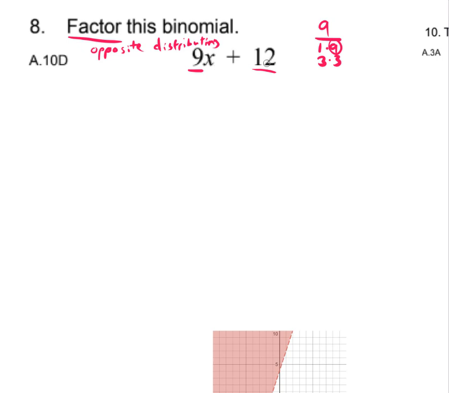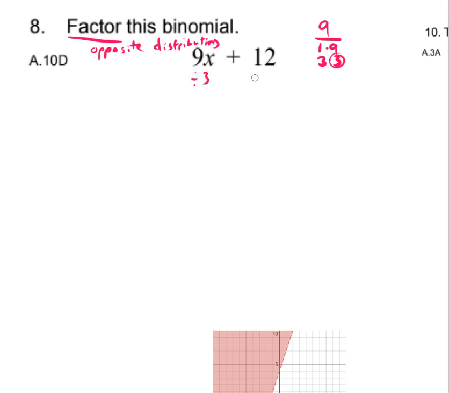But 9 doesn't go into 12. If I do 12 divided by 9, I'm going to get some decimal answer. That's not what I want. So then I'm going to try now 3. 3 goes into 9, and it also goes into 12. So what I'm going to do is I'm going to divide both of these. Sorry. I'm going to get rid of this and get rid of this. And like I said, I'm going to divide both of these